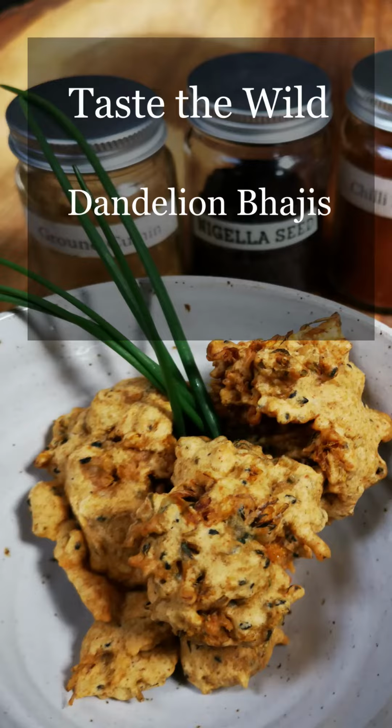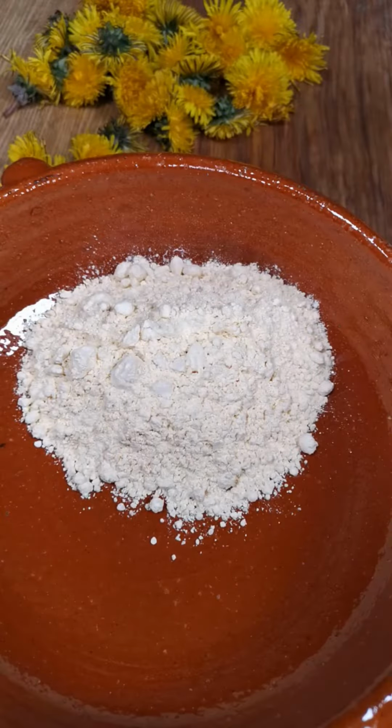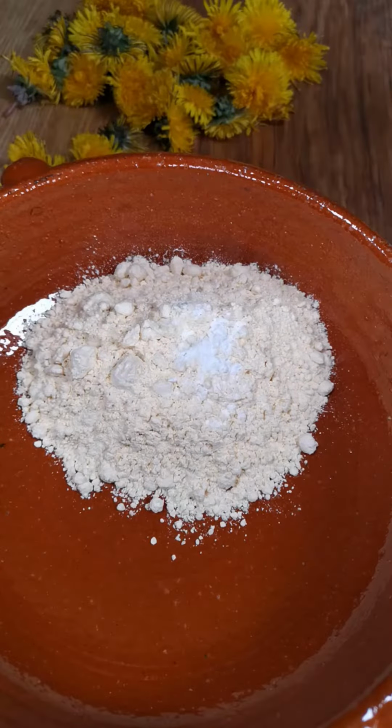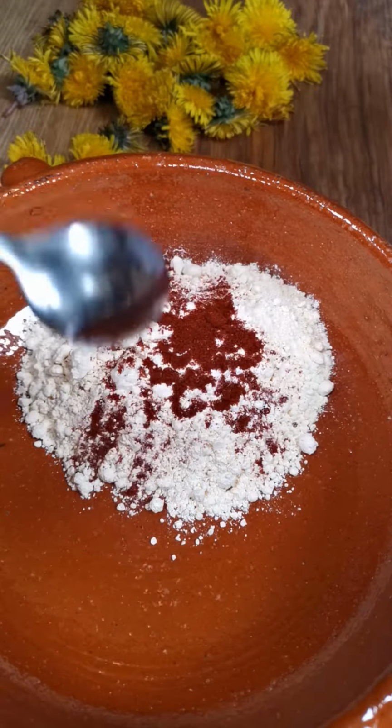So to start off, we're going to put 100 grams of chickpea flour into a bowl, and to that we're going to add a quarter teaspoon of baking powder, then half a teaspoon of chili powder. You can pop in some more if you like it spicy,